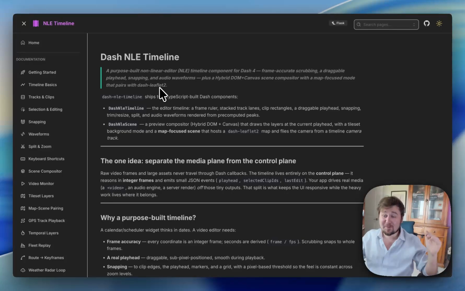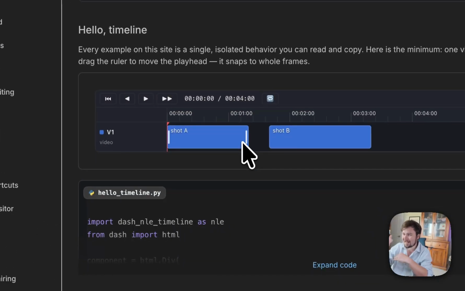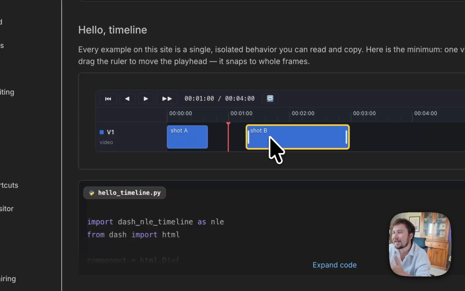The Dash framework has been missing an NLE timeline, okay? And if you have no idea what that means, you're a normal person, it's okay. I will explain it in this video, but it's basically your video editor, right? That timeline that allows you to drag little slots around and change them, this is all an NLE timeline,